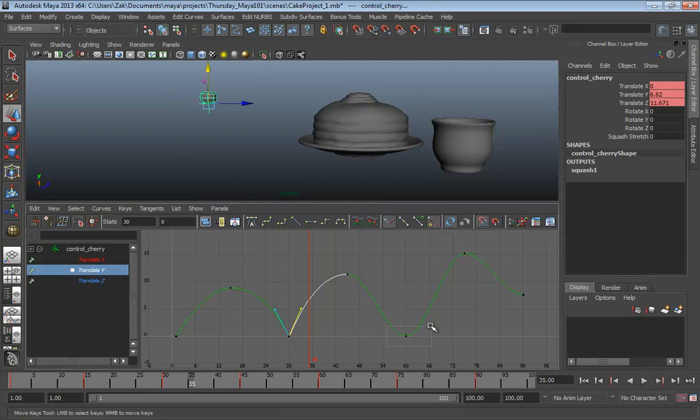Alright, so we'll grab the next keyframe, pull this handle up a little bit, pull this handle up a little bit, and really all I'm looking for is a nice shaped arc along the top. We just take this last one, grab that one handle, and pull it up a ways. And there we go. Boing, boing, plop. And if we play it,